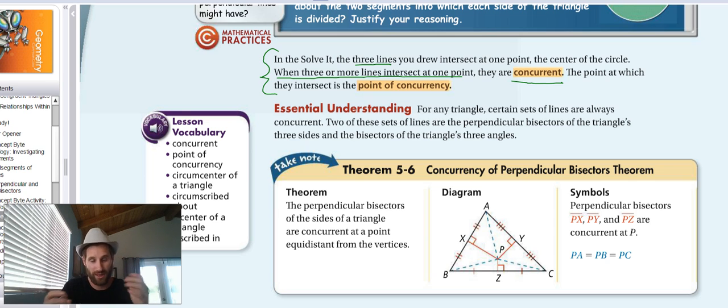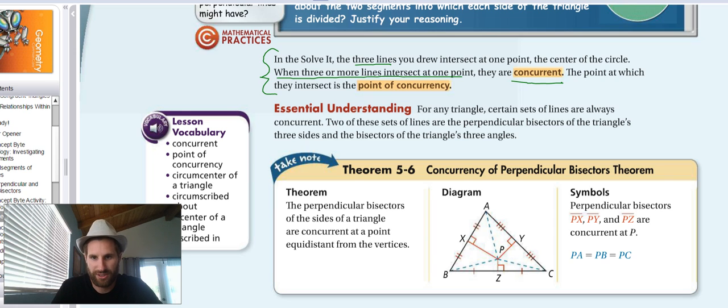What we're going to be talking about is a couple of different scenarios where we're taking perpendicular bisectors today, and we're going to be talking about angle bisectors and where they meet and what happens when that happens. Okay,